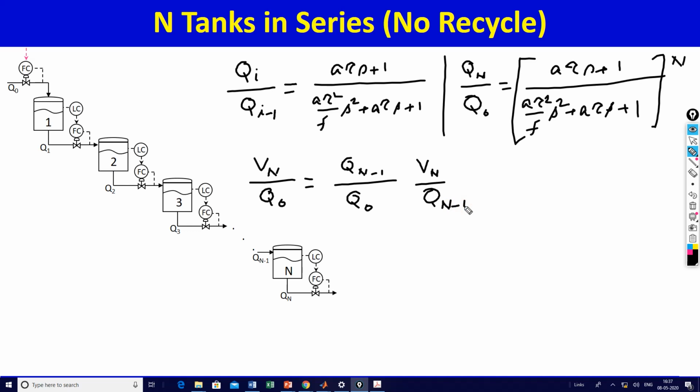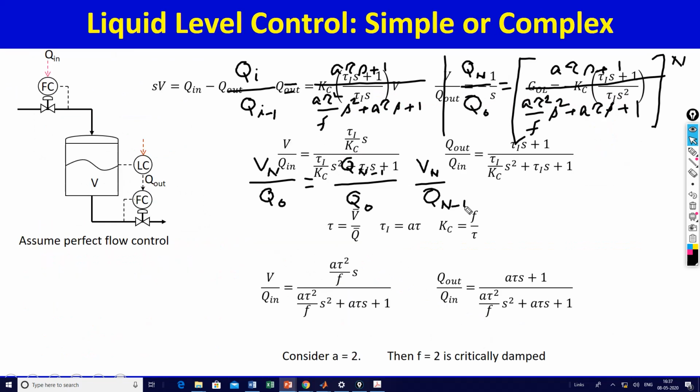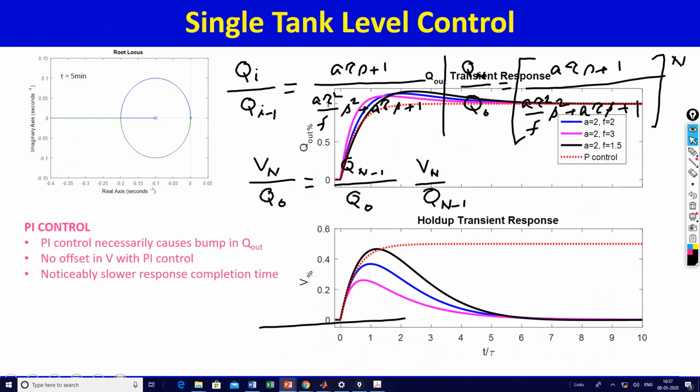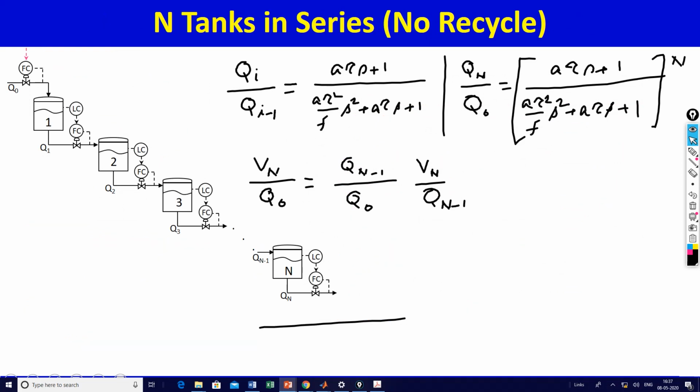Vn by Qn minus 1 we saw in the previous slide. If you look at it, there it is. See here, V by Q in, that's what this is. So we're going to use this here, and so what you get after doing the necessary math, this is going to be equal to